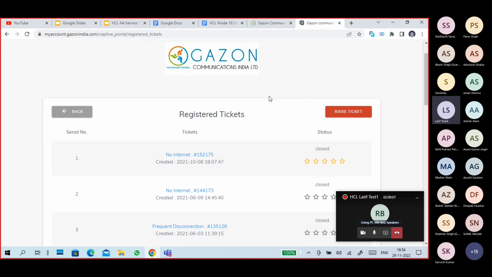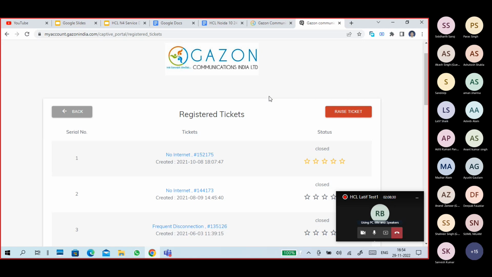Next, most of the time there is a monitoring system. Generally, monitoring means I'm not getting internet, I raise the ticket, they check and they will come back in 15 minutes. Meanwhile my issue is resolved, mine is working fine. So they have a monitoring tool again. Yes, the customer can write that the issue is resolved.